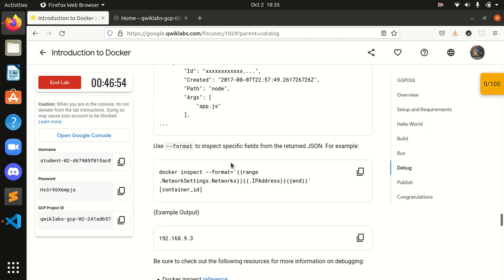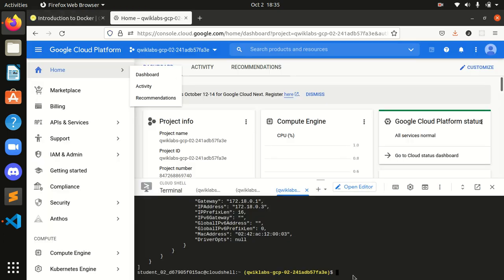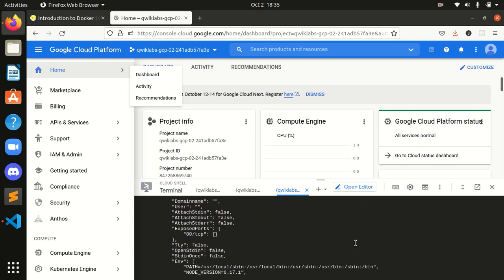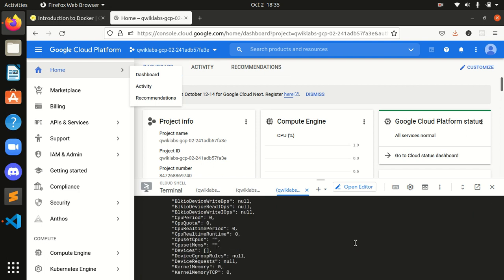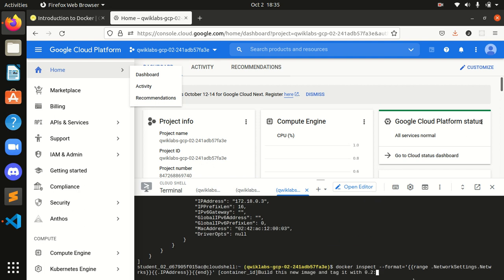Now use format. I will copy this and again replace it with the container ID. I will copy this container ID from my terminal one.